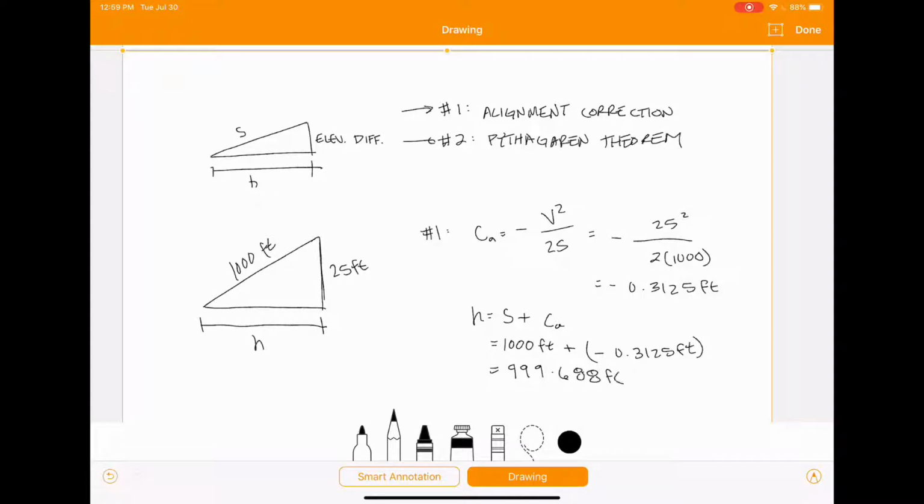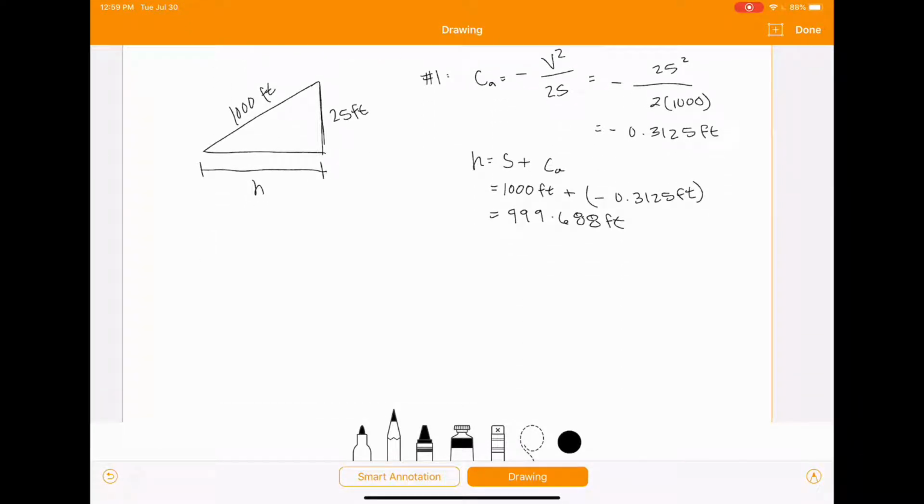999.688 feet. Now, if you want to do it using Pythagorean theorem, we all know that's a squared plus b squared equals c squared, where a and b are the two sides of the triangle that make up your right angle, and c is your hypotenuse. So we're going to have h squared plus 25 squared equals 1,000 squared. So h is going to equal the square root of 1,000 squared minus 25 squared. And h is going to equal, if you plug that into your calculator,